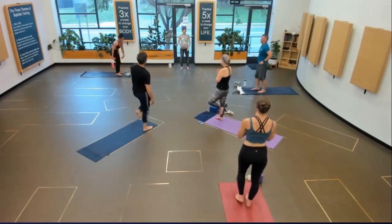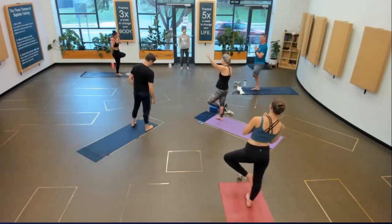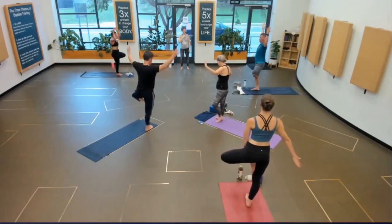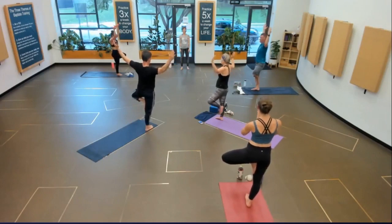Lots of serious faces going on. Tree pose, very serious. Yes, same variation or a different one. If you're using the weights, same thing with the cactus arms, and tap them overhead. Stay for 10, 9, 8,